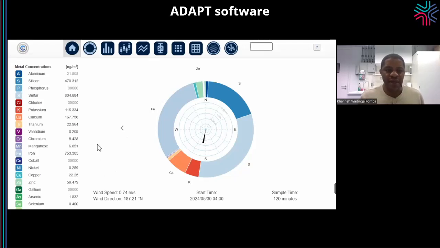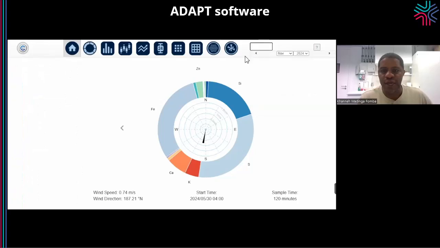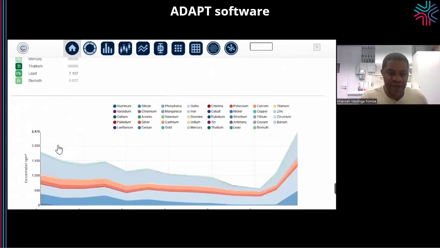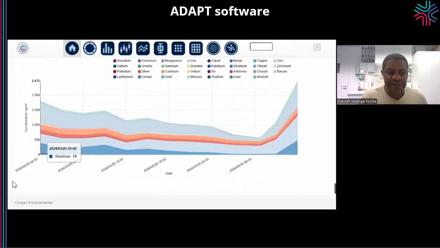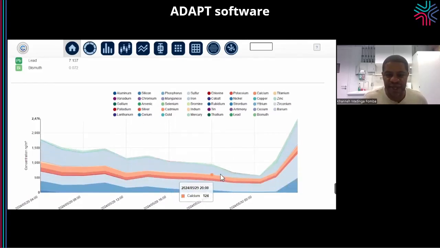Here you have the main. This panel goes through a web browser, so you need to have a web browser in the system. And here you can see the concentrations of the various elements that have been sampled. You can put a time frame here where you want to look into those data, and the ADAPT will give you the analysis just with the time frame you're interested in. You have 4 different elements I showed you. You have the time series, for instance, from the last samplings we did. This is from 29th of May to 30th of May. You can see the values here. You see which elements have these values and their time evolution.